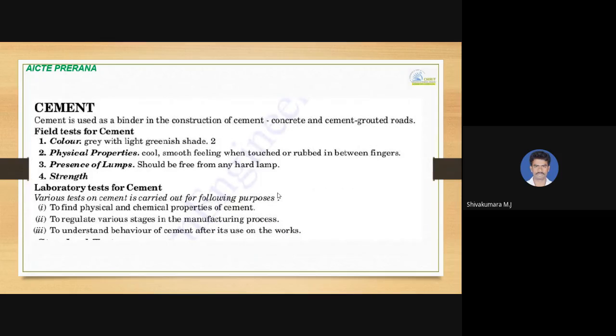And then the next material we use in pavement construction is cement, especially in rigid pavement construction. It is used as a binder in the construction of cement concrete roads. And to check the quality of cement, some of the field tests